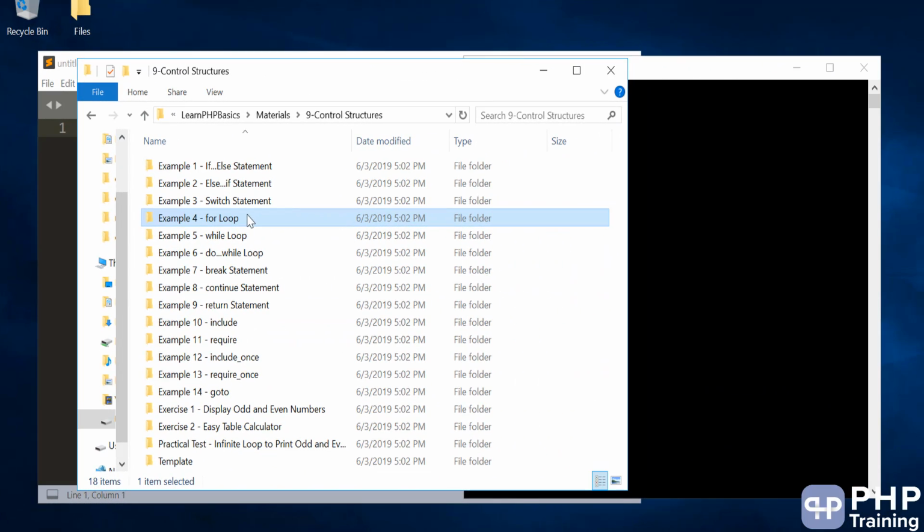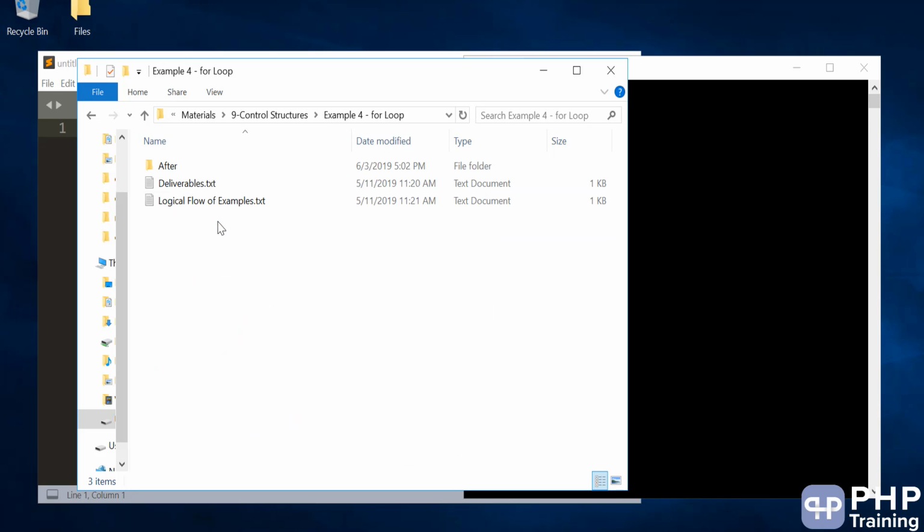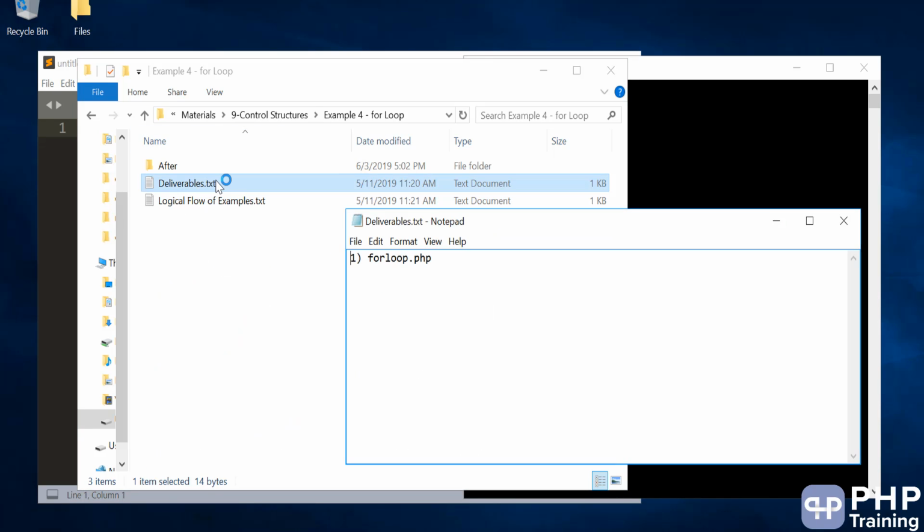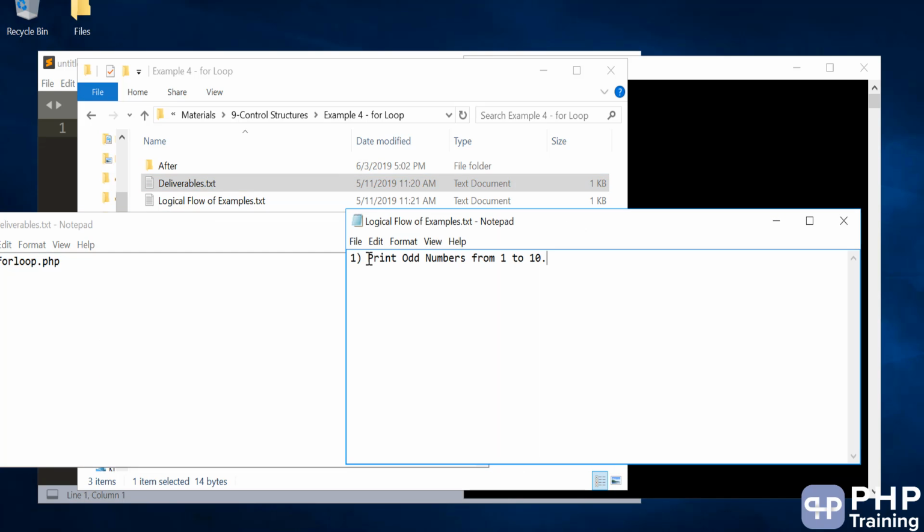Hello and welcome to the lecture on for loop. So we are in the control structures example 4, for loops. We'll open the logical flow and the deliverable file. We'll see how to write a for loop, and for that we'll use as an example printing odd numbers from 1 to 10, and we will use a for loop, and we'll understand how to write a for loop